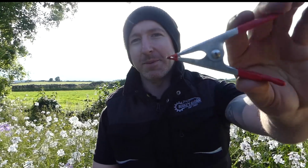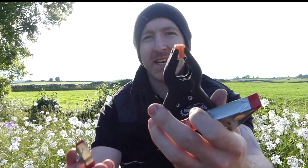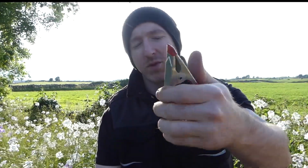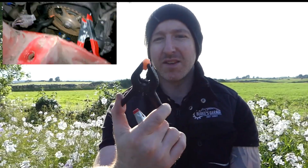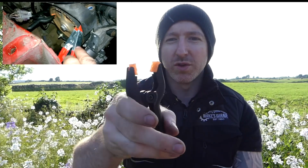Number 3 and my last one is clamps. So paper clamps of some description. I have many different types of them, but I use them to clamp onto the pulleys and hold the belts. I have been doing this for as long as I can remember. I have gone through many clamps at this stage, but I get them in the pound stores or the euro stores, very, very inexpensive. You can literally get a pack of 10 for like €2,